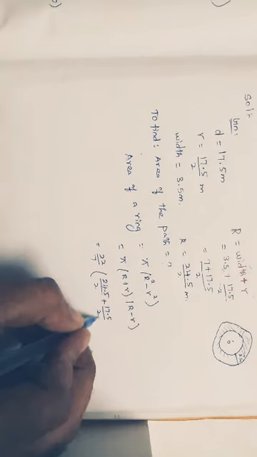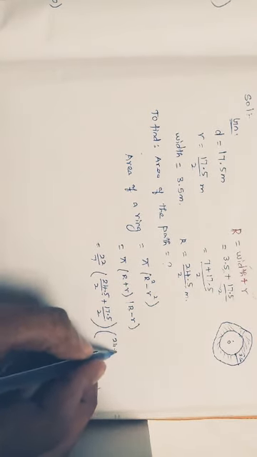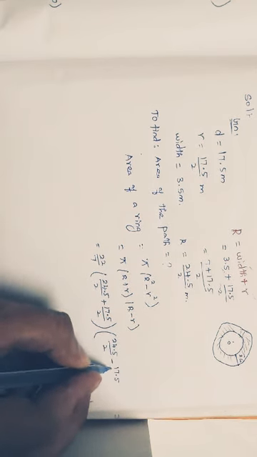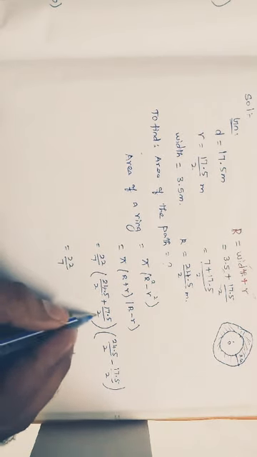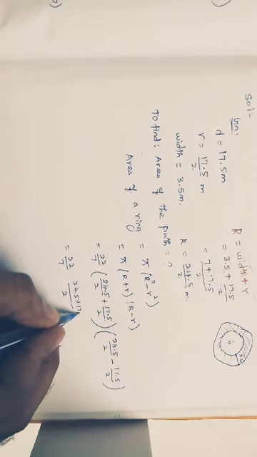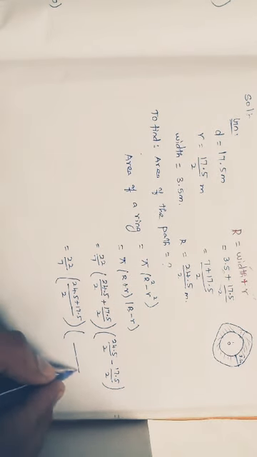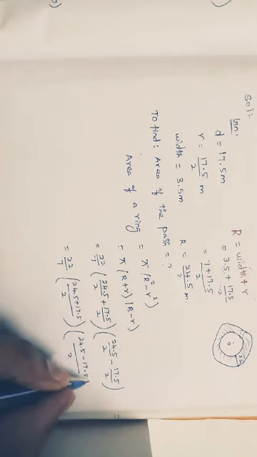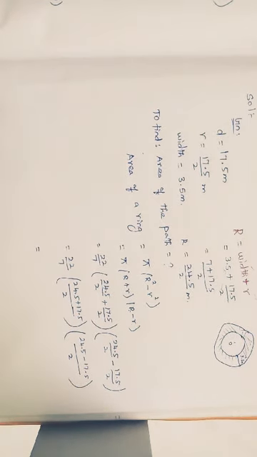17.5 divided by 2 into, open the bracket, R minus r, that is 24.5 divided by 2 minus 17.5 divided by 2, right? Simplify. 22/7, see the denominators are same, so writing only once, 2, 24.5 plus 17.5, the whole divided by 2 into, here also the denominator is same, writing only once, 24.5 minus 17.5, right? Simplify. First you can simplify inside the brackets, after that we can cancel it, right?